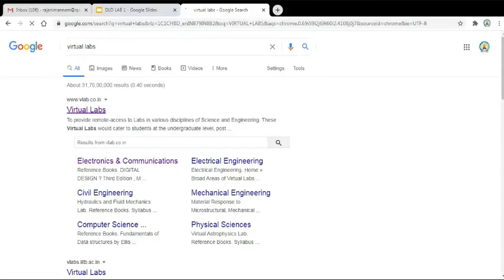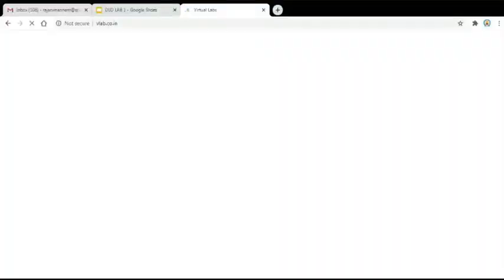Once we select the virtual labs, we'll get an MHRD web page. As we discussed, virtual labs have certain benefits.